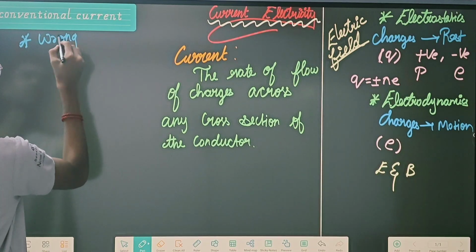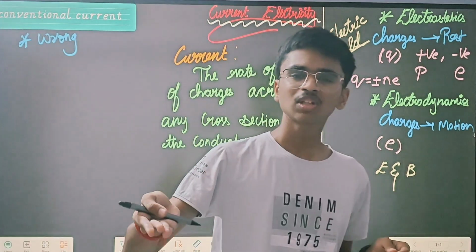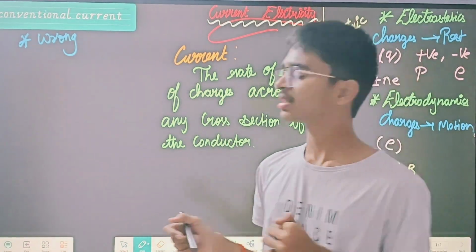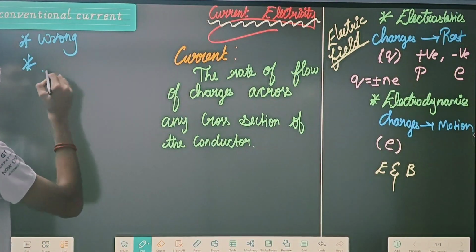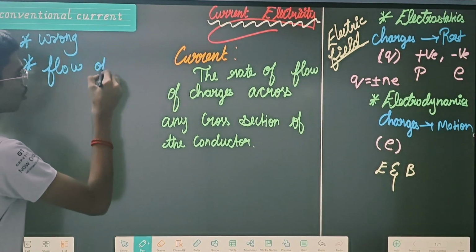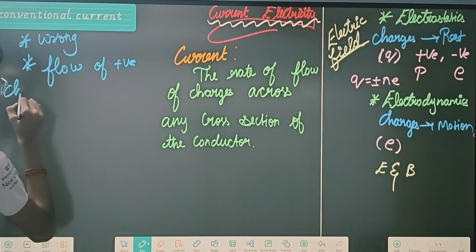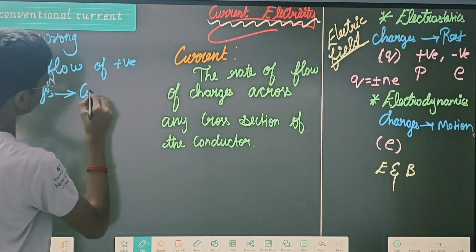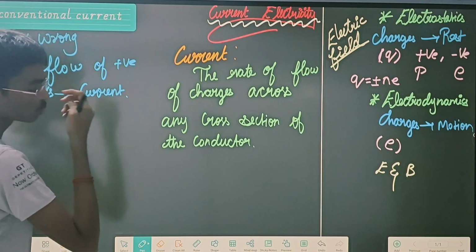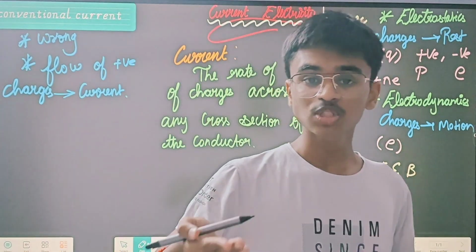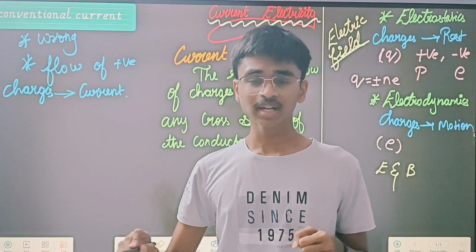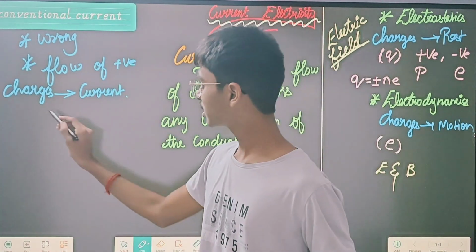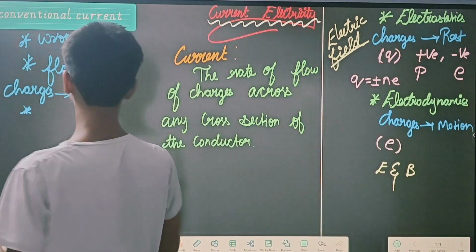This is wrong. In very old days, what scientists thought is that the flow of positive charges is what current is. They thought that the flow of positive charges is what current is. So that means the direction of current is opposite to the direction of flow of electrons, which means that this particular statement means that